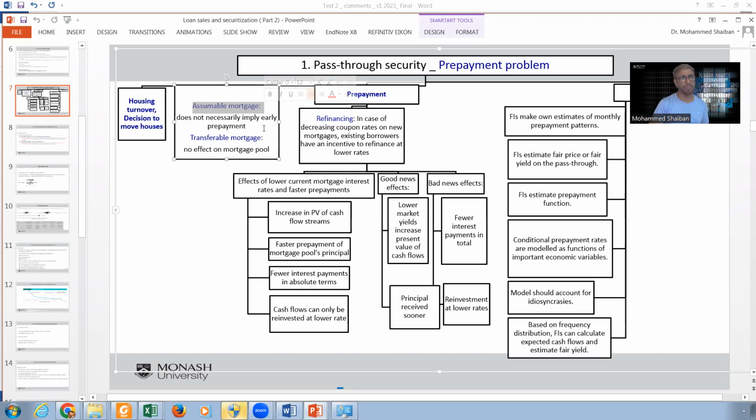This is what we call assumable mortgages. So please concentrate, and take a note of that. The other thing is, this is only one class, but when we talk about